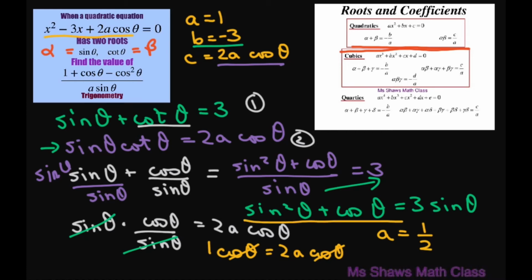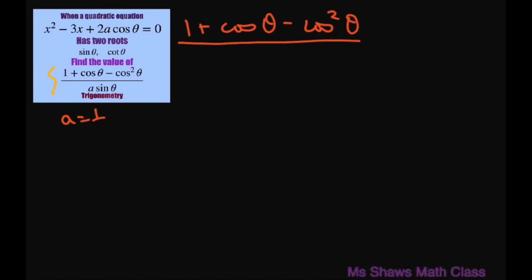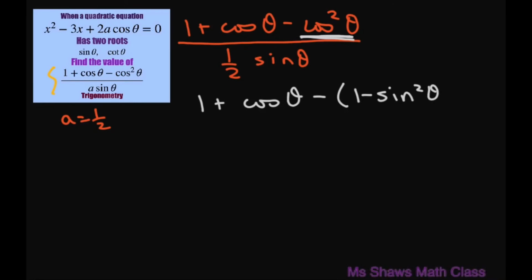All right, so we have this part here, and we have this part. So let's write out our equation. We have, for this one, 1 plus cosine of theta minus cosine squared of theta. All right. Now since my a was 1/2, remember, this is going to be 1/2 sine of theta. Now what I'm going to do is write this as 1 minus sine squared of theta. So I'm going to write this as 1 plus cosine of theta minus, using your Pythagorean identities, 1 minus sine squared of theta, all divided by